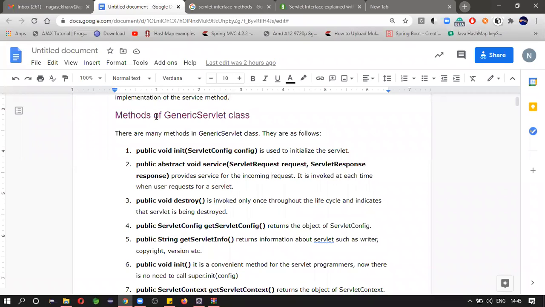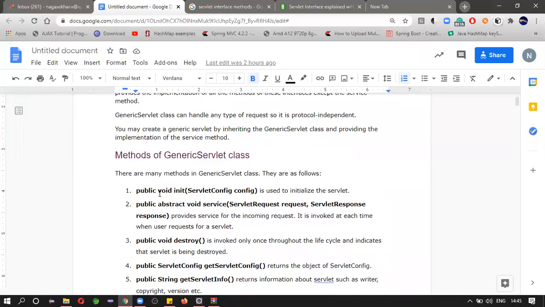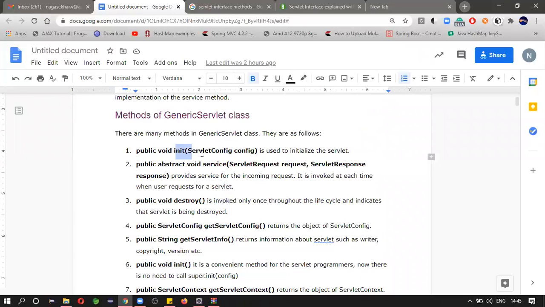You can say that because it is not implementing the service method. That is enough. Init method, service method. See here, abstract. Because of this abstract method, this class becomes an abstract class. If you attended core Java sessions, you will understand easily.